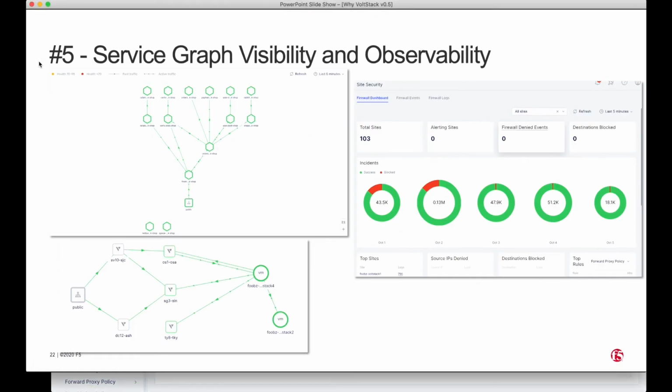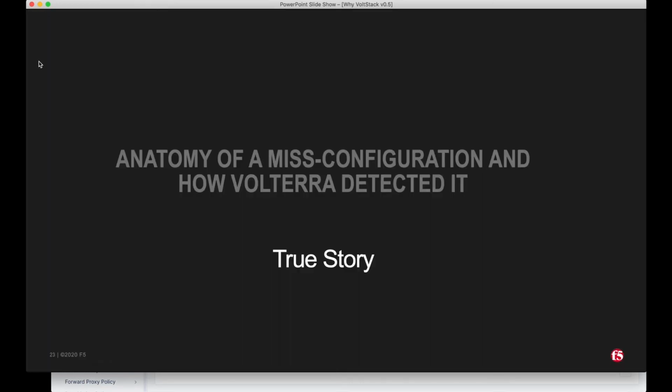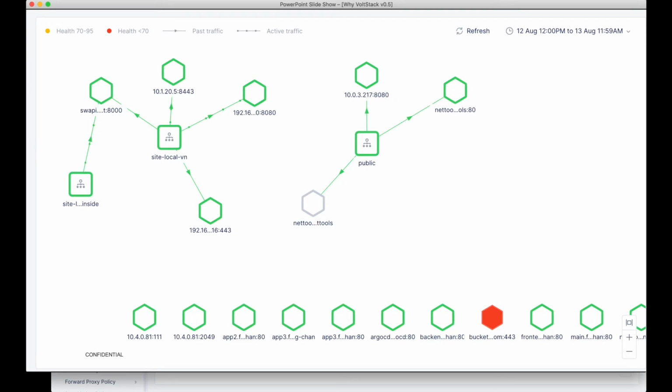The other thing that I want to show you is a true story. This is the anatomy of misconfigurations and how Volterra, which I'm using in my environment, detects it. So this is a real one. It's not made up, but it is basically a misconfiguration on my side rather than the product itself. So the story here is that I've been running these environments for quite a while, and I've been doing a lot of research and